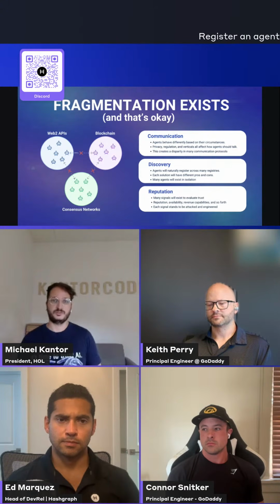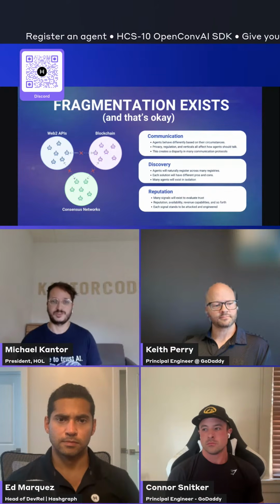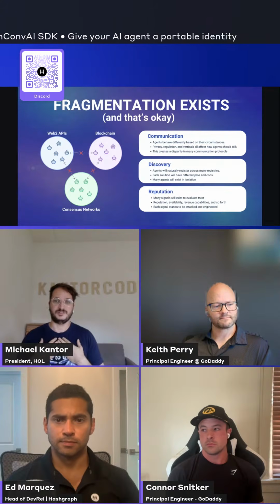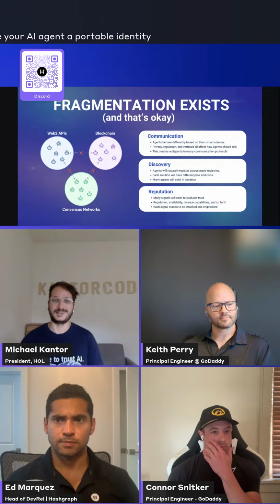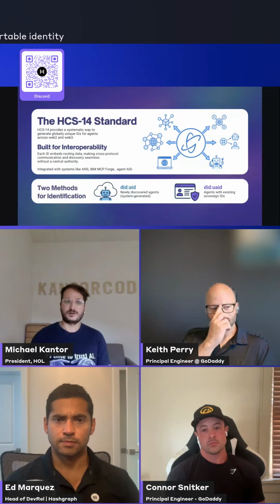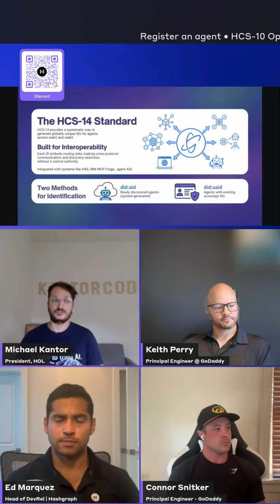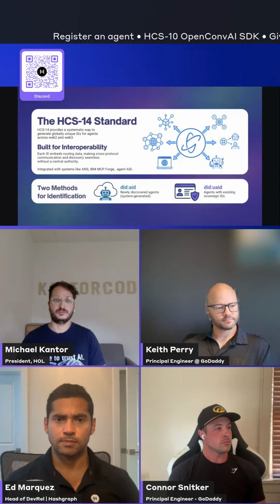We want to register all those signals, but we also don't want to force you to have to use all of them, because that just wouldn't make sense. So to bring it together, fragmentation is going to exist, and I think it's okay, right? So on the topic of fragmentation, one of the cornerstone standards that we've worked on is called the Universal Agentic